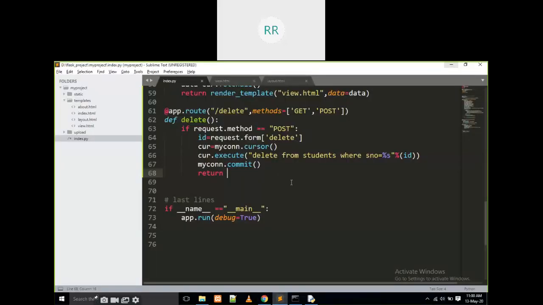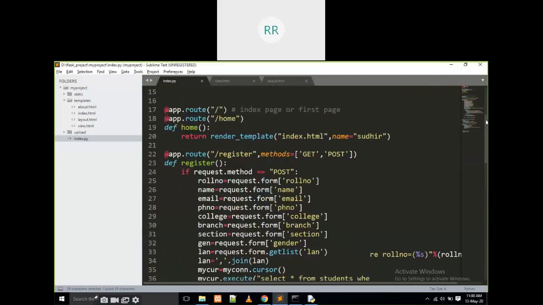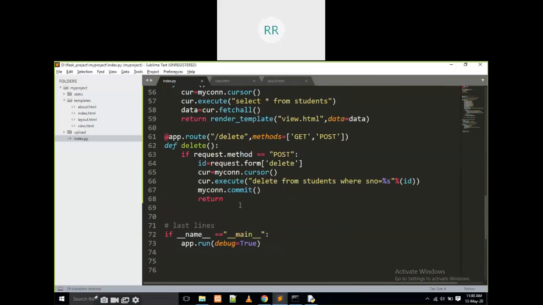Okay, that's why I am going to write here, return redirect URL for view data, right? I am going back to view like this.